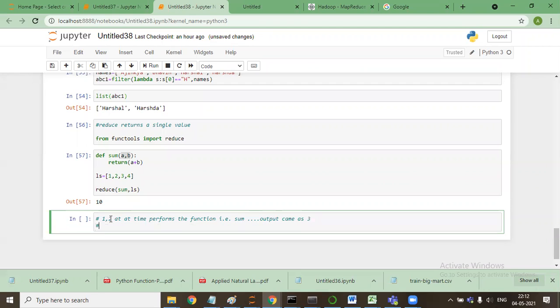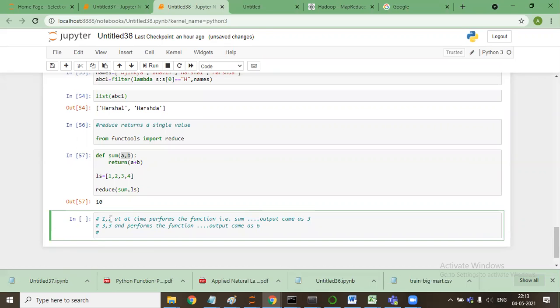Now, from the second iteration, it will take 3 and the third element 3 again, performs the function, and the output came as 6.